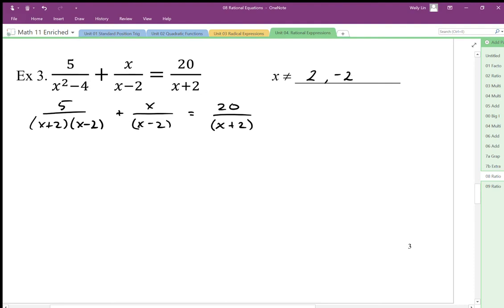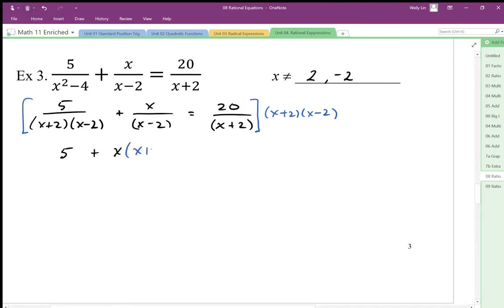We want to multiply through by the lowest common denominator. Okay, so the lowest common denominator in this case is going to be x plus 2, x minus 2. And that allows lots of things to cancel here. So we're just going to be left with 5, because the x plus 2 and x minus 2 in the denominator cancel here. This divide cancels with that times, so we're just going to be left with x times x plus 2